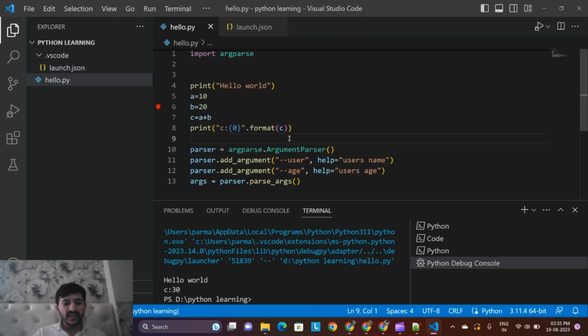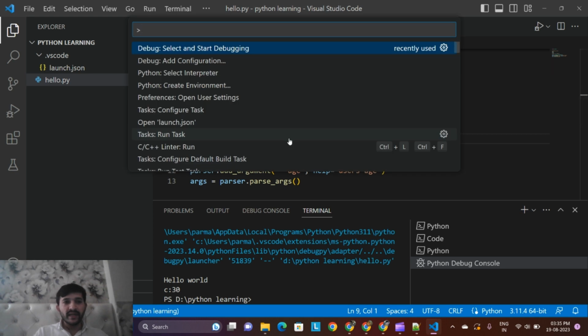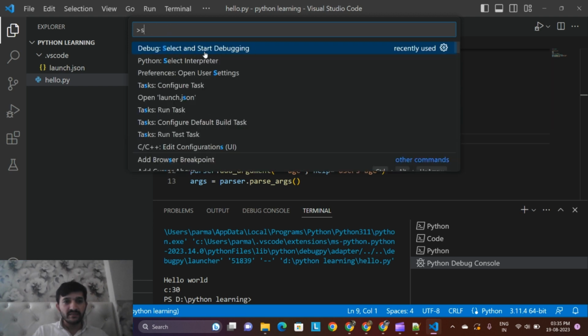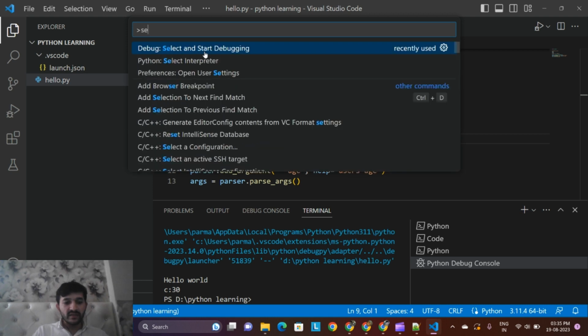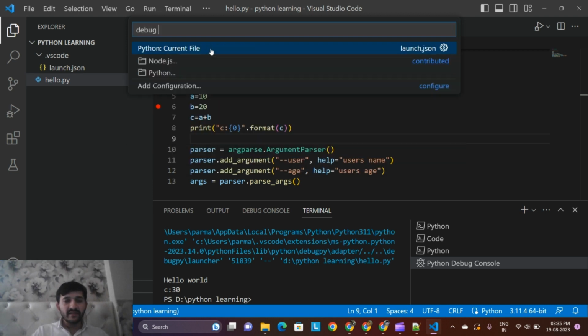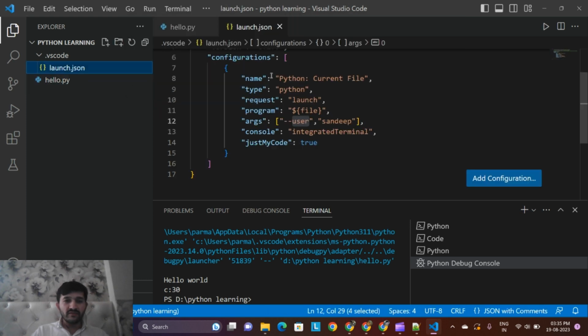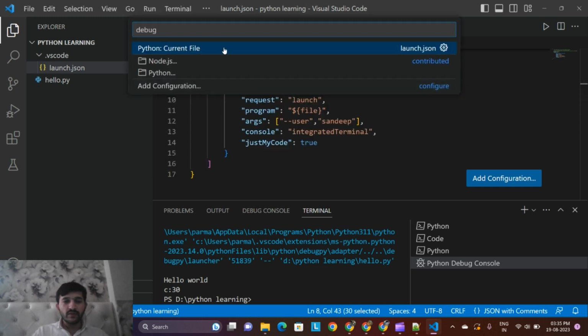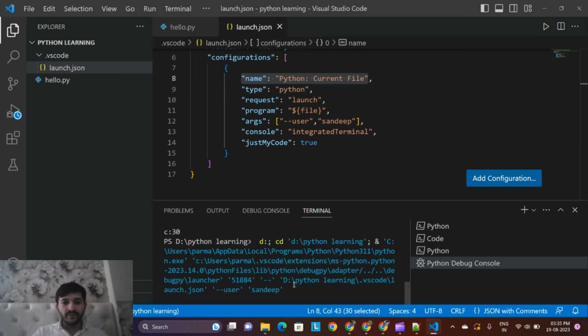Now I will simply go to the command palette and select Start Debugging. It allows me to select any of my configurations. You see this name, Python current file, has come from the configuration name we have here. So I can select this configuration to run this program, and as soon as I click on it,